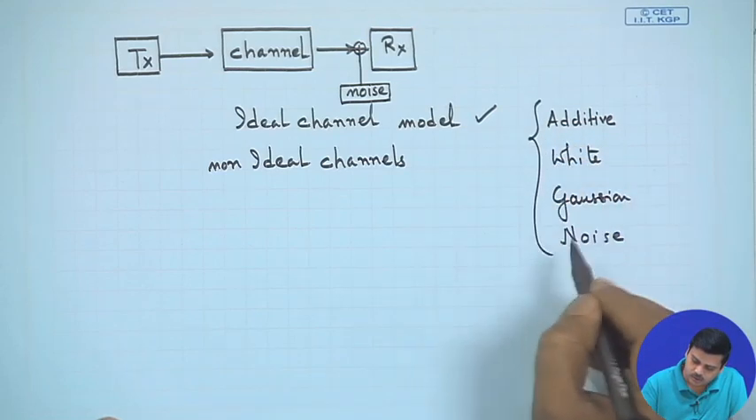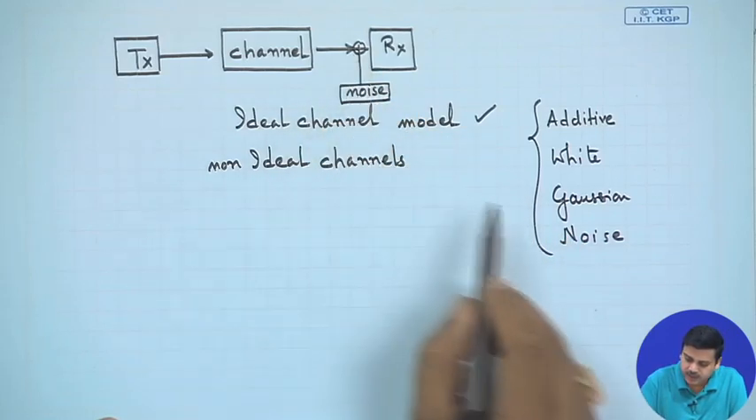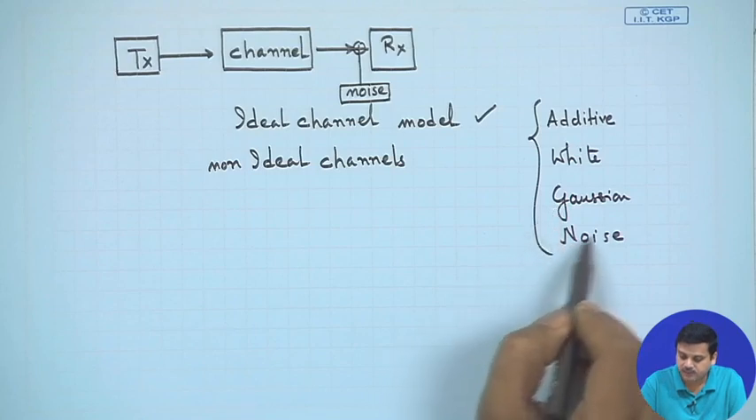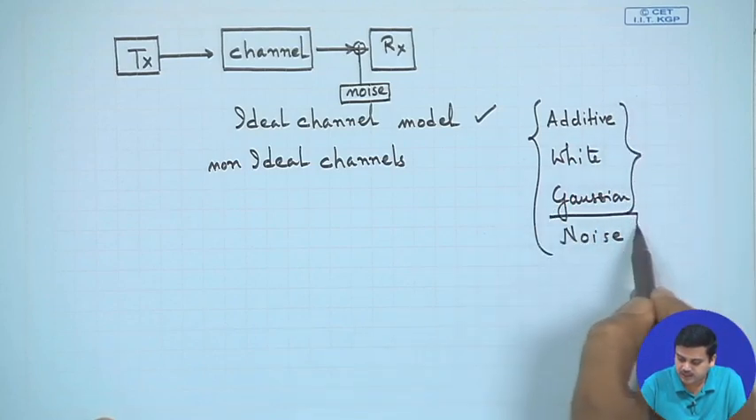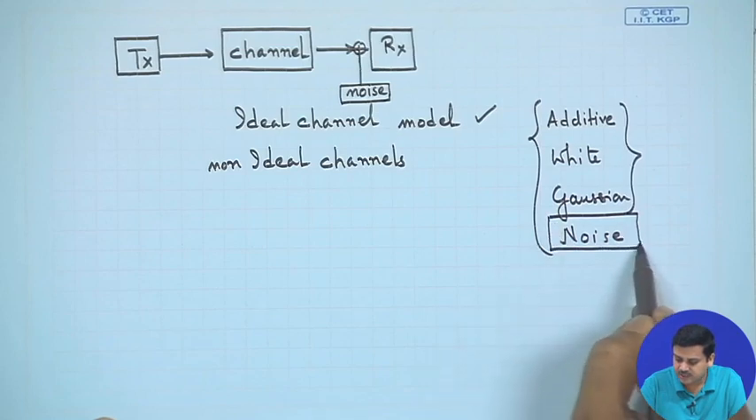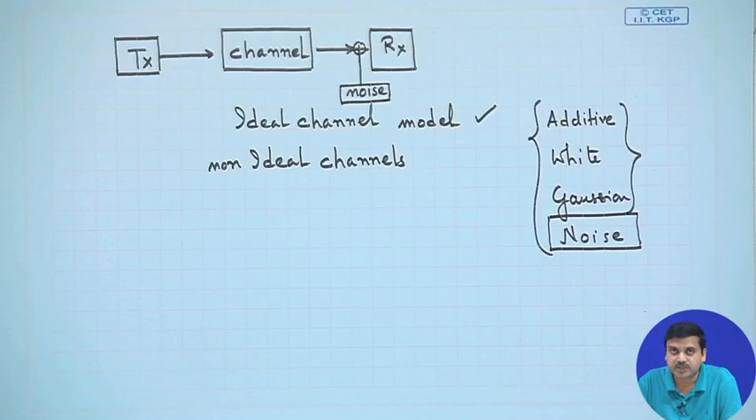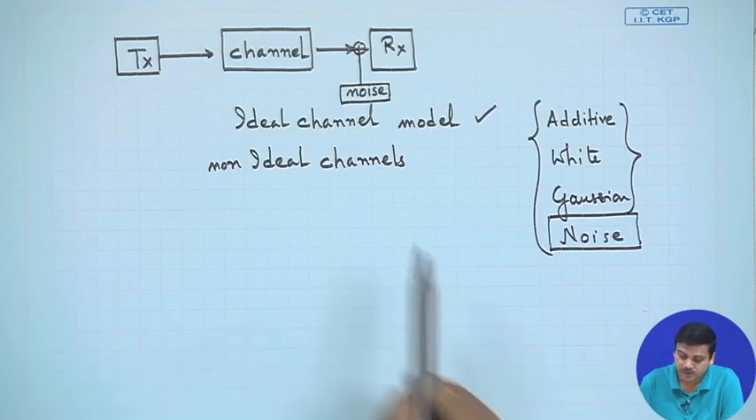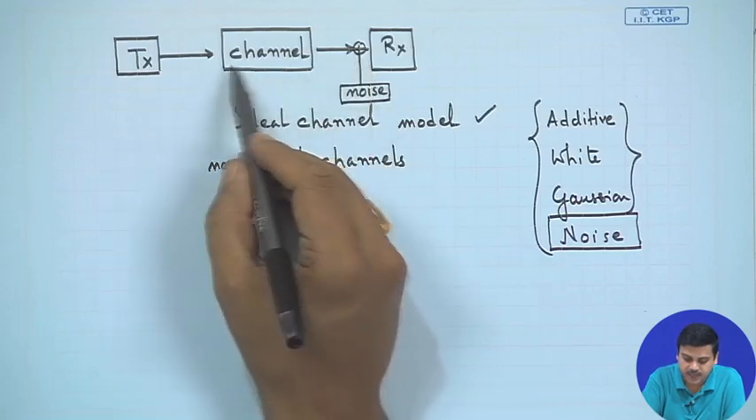So, it is additive in nature, it is spectrally white, its PDF is Gaussian, and of course, it represents noise. All these characteristics are characteristics of noise, and we have discussed this when we looked at the representation of band pass stochastic process. So, when we continue our discussion here, we will assume that there is additive white Gaussian noise and the channel